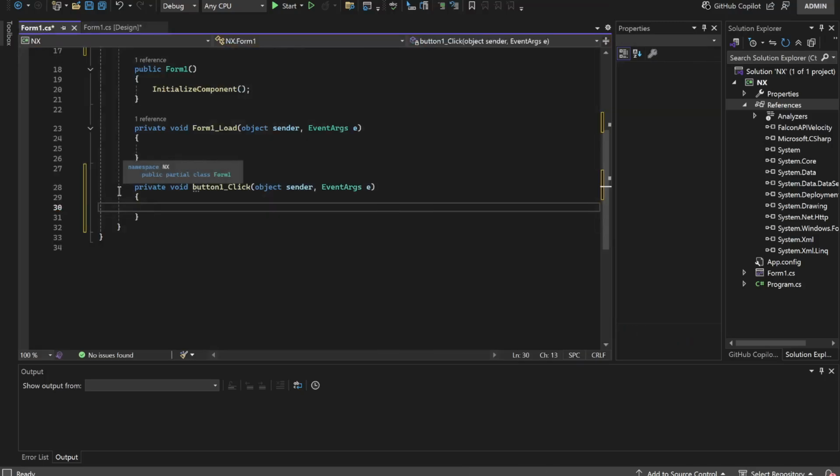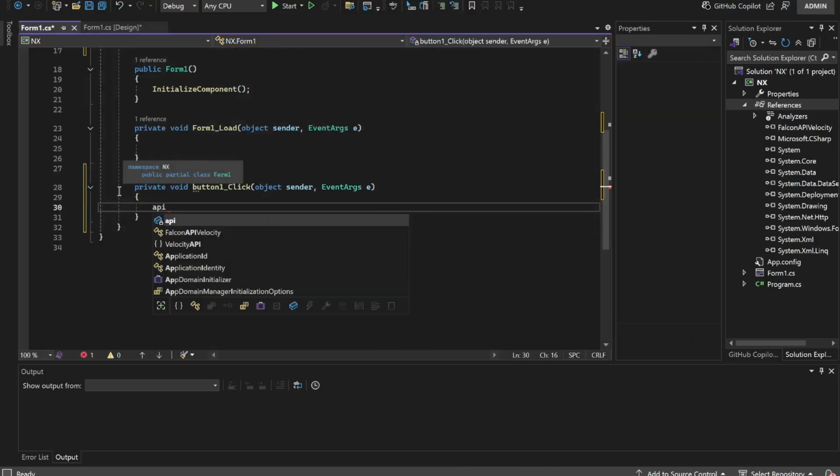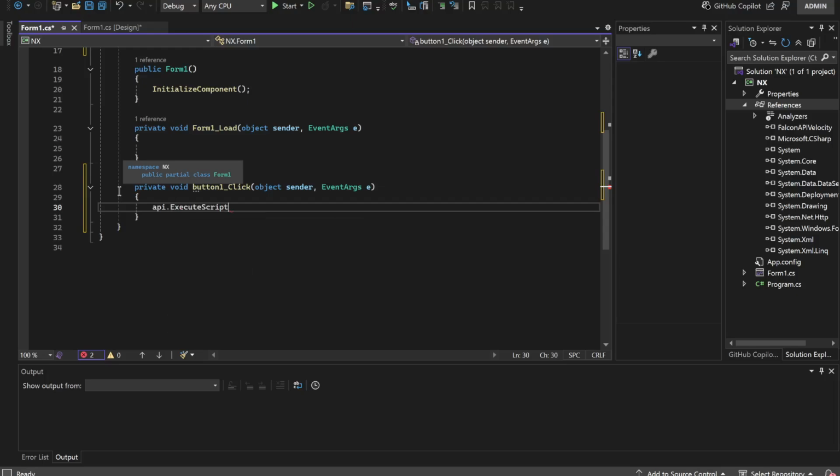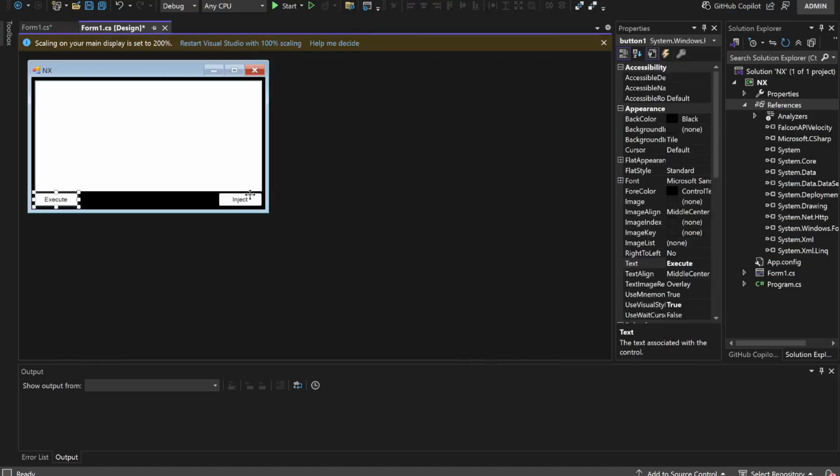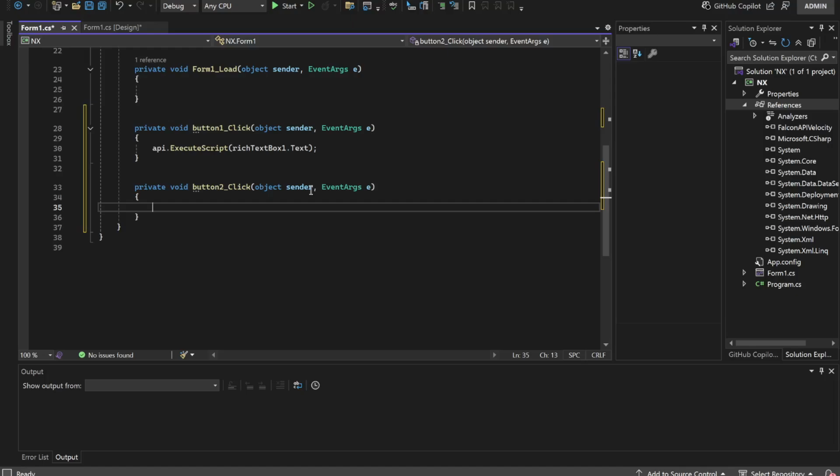Double tap on execute and then type here API.ExecuteScript(richTextBox1.Text) like that. For the inject button, let's do API.Inject, literally just like that. Boom.